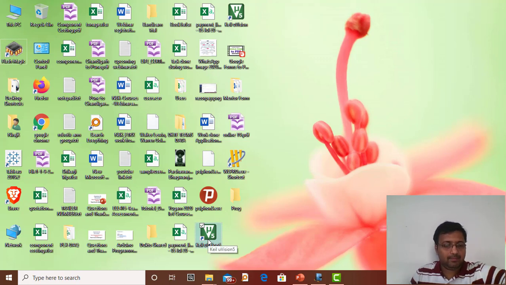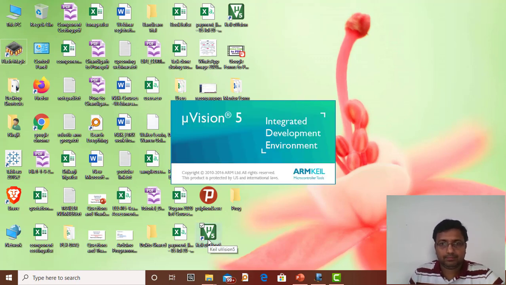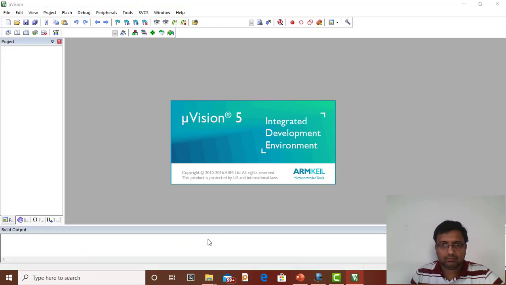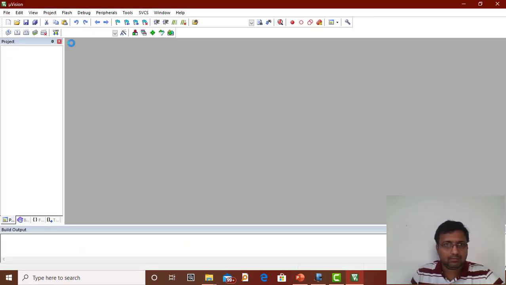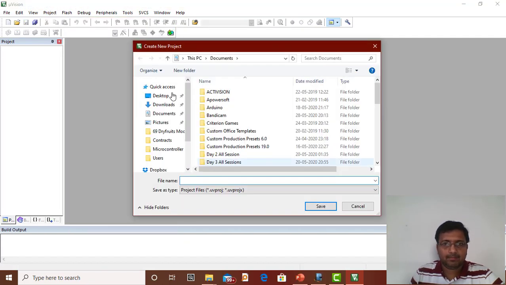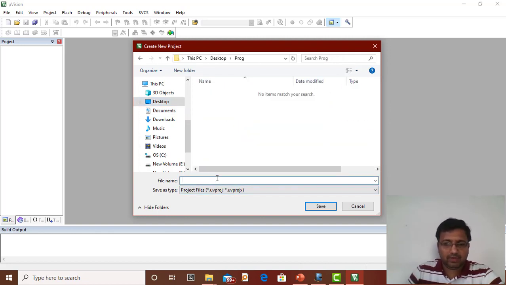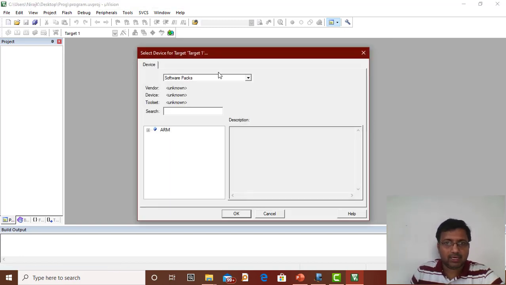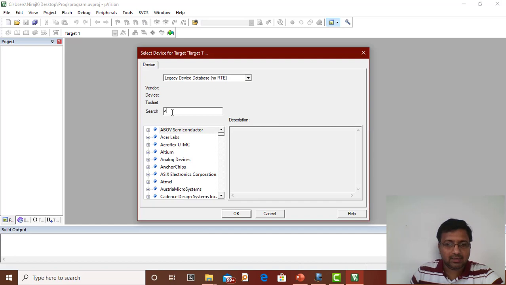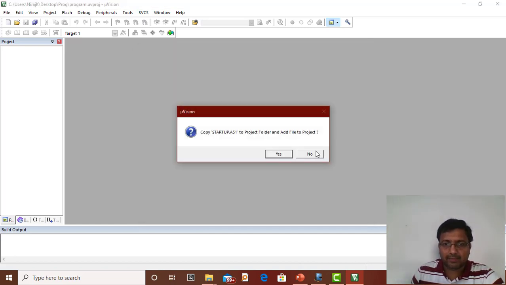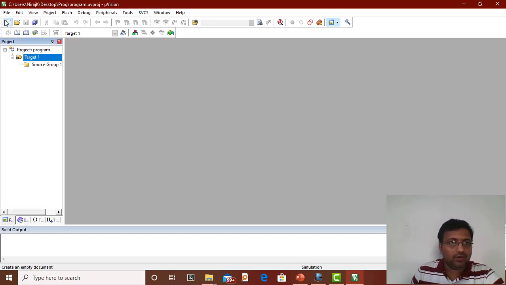I will open Keil, go to Project, New Project, select the directory, give the name as program, and save it. Then I need to select the chip, the legacy device 89C51, and click OK. I'm writing assembly code, so no new file.